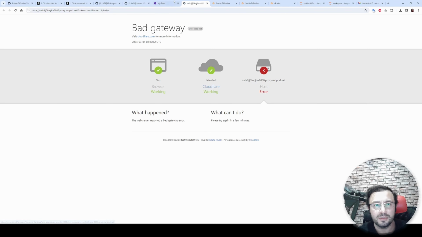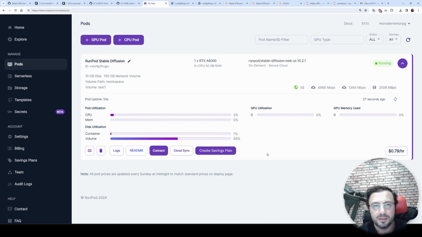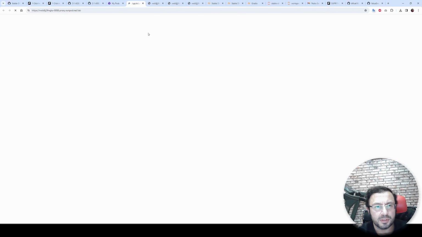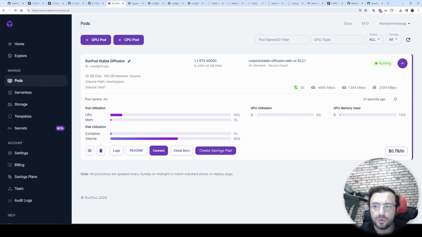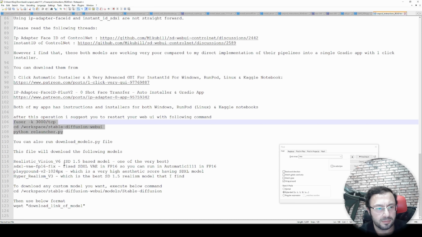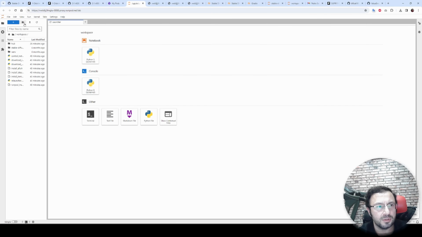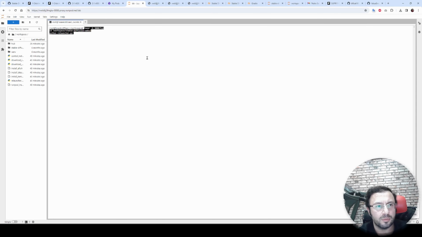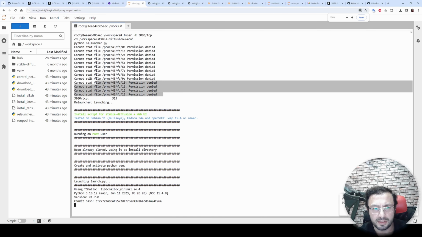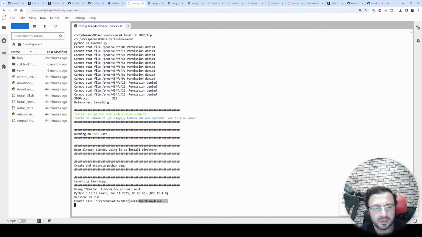Okay, let's try again. Yeah, we need to wait some time. Synchronization may take some time. Okay, let's try again. I think synchronization has been completed. You will also see the VRAM usage once it has started. You can also wait here to load some memory. Let's connect to Jupyter Lab. Let's copy the command one more time. Yeah, Jupyter interface loaded. Let's open a terminal, copy paste the command, and the previously automatically started web UI instance is killed, and now it is starting a new instance.